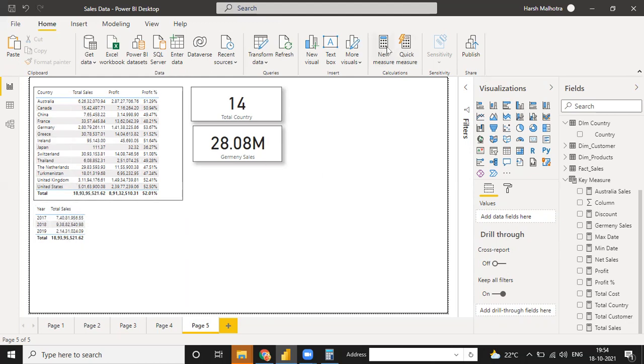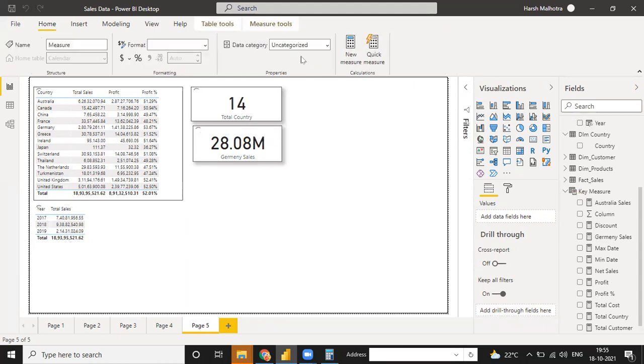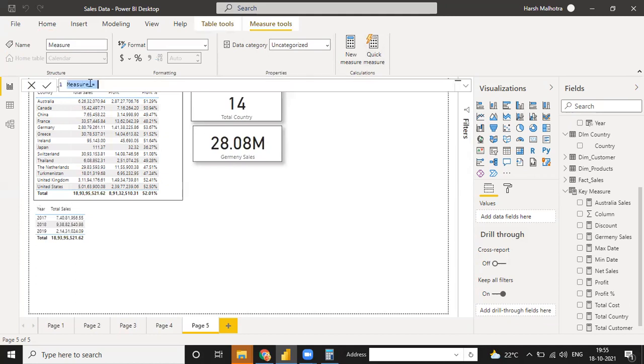So how to calculate? Go to a new measure. The same function we are using, CALCULATE and FILTER, but now we have two conditions. I name it Germany country sales 2017.